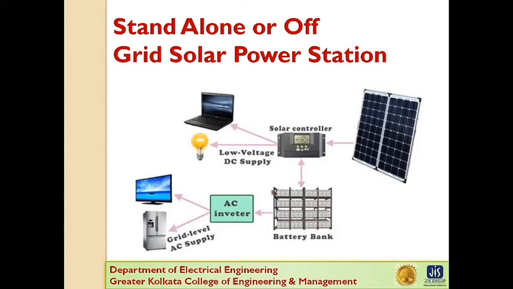First is the standalone or off-grid solar power station. This is the most commonly used photovoltaic installation, used to provide localized electricity in the absence of conventional sources of electric power at certain locations. As the name suggests, this system does not keep any direct or indirect connection with any grid type network. In a standalone system, the solar modules produce electric energy which is utilized to charge a storage battery, and this battery delivers electricity to the connected load. Standalone systems are normally small systems with less than 1 kilowatt generation capacity.